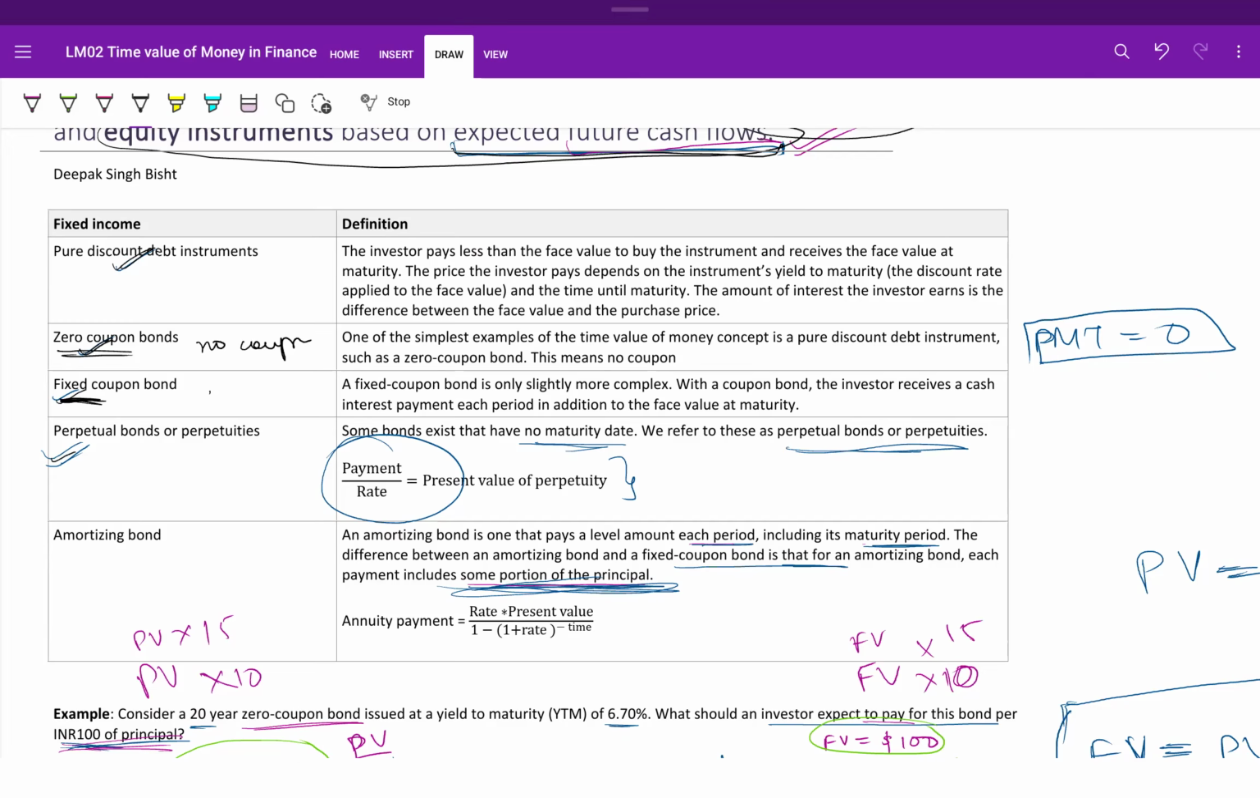Perpetuity and annuity. Perpetuity, just remember this example. This perpetuity bond does not have a maturity date, and for an amortizing bond, we are calculating EMIs. So just remember the usage of amortizing bonds and the usage of perpetuity bonds. So no maturity date. This bond is going to be paying you coupons